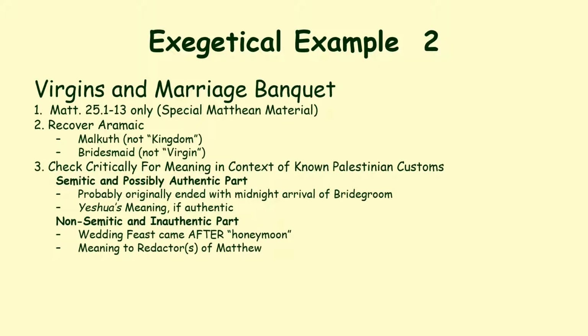And the meaning to the redactors of Matthew was quite different. It was one of his good old famous exclusion parables where he says, if you're not ready, if you don't wear the right kind of garment, if you don't have the right kind of doctrine, if you're not a member of the right church, you're going to go to hell when you die. You're going to be excluded from the kingdom, this sort of thing. So Matthew's usual spin is what we're getting here, the exclusion of sectarians, of other Christians, not just of the Jews. He not only excludes the Jews, he excludes other Christians, and he's probably talking about certain kinds of Hellenistic Gnostic Christians and people whose views differ from